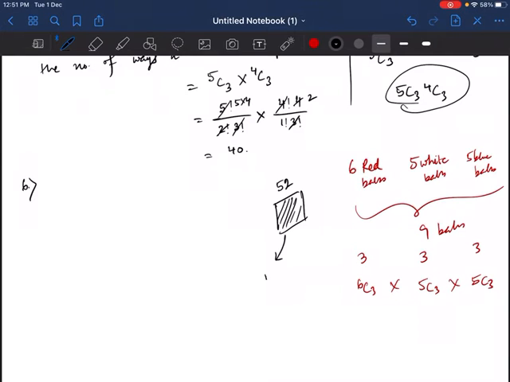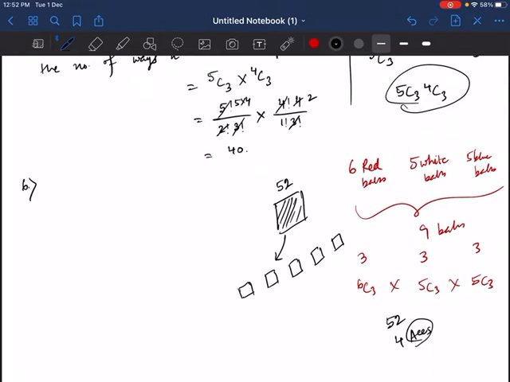So from these 52 cards, I am drawing 5 card combinations. Then it says that there is exactly one ace in each combination. So here they said that we are drawing a 5 card combination from 52 cards and there is exactly one ace in each combination. First thing we need to know is that in 52 cards there are 4 aces. So when I am taking a combination of 5 cards, one card has to be an ace.